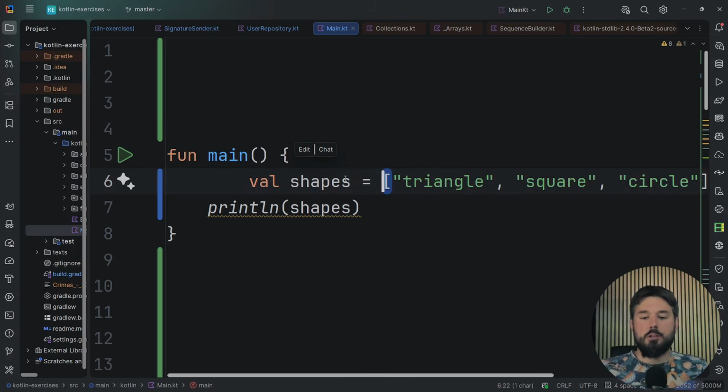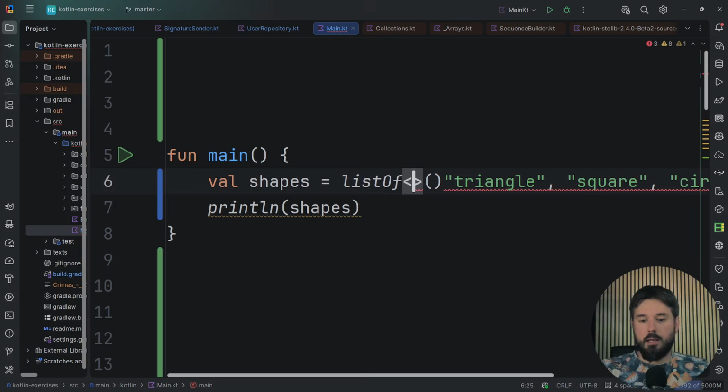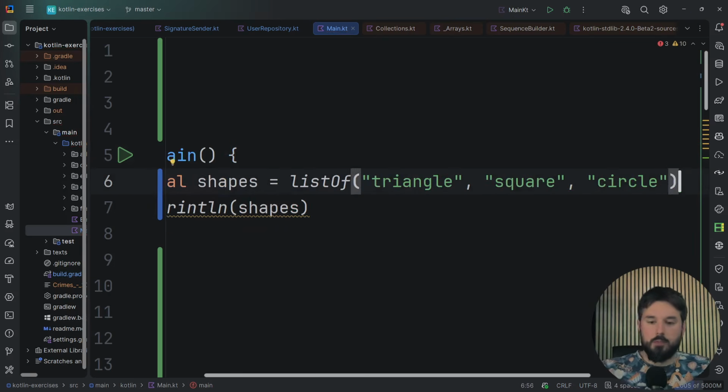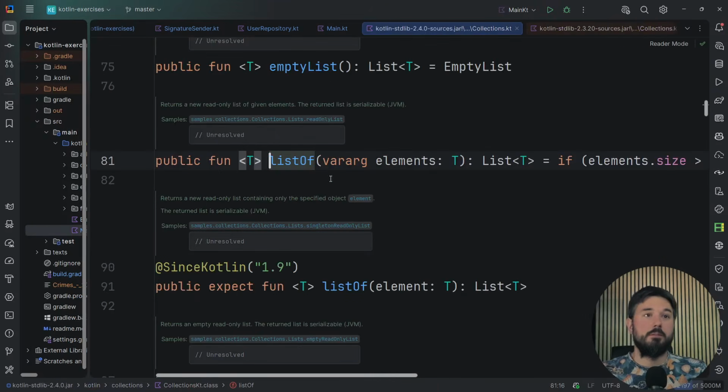Before collection literals in Kotlin, we used functions like listOf, which require much more typing. They are more verbose, but at least they do not introduce any unfair advantage. This is just a top-level function. Any library could define its own function.